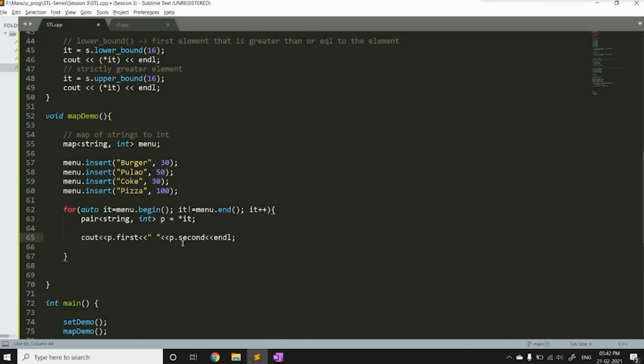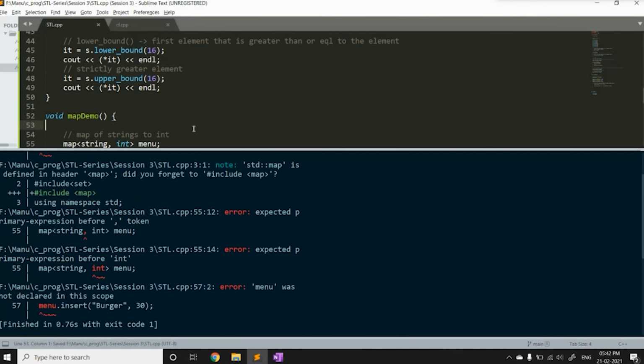Let's see. And if you remember, I said that a map always stores the keys in an ordered fashion. So for the strings, it will be the lexicographical order or the alphabetical order. Let's see what our output is.